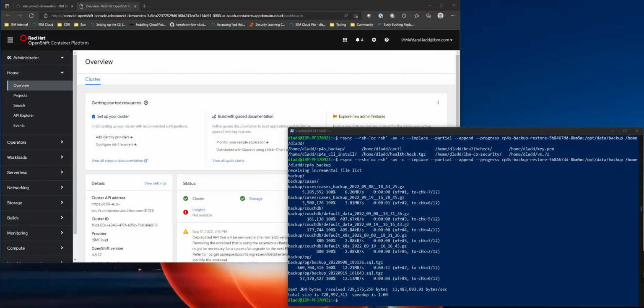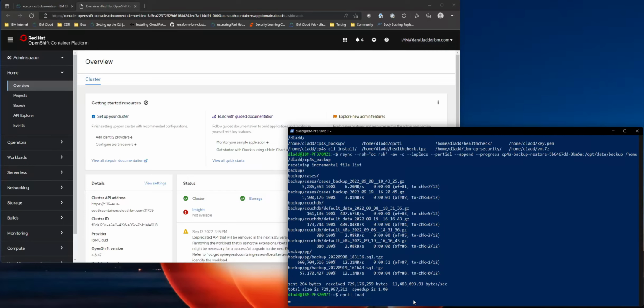Next, we're going to walk through the command to run to schedule the backups to run automatically through a cron job. In order to set up this schedule, you need to make sure you have the cpctl tool on your system. I created a video previously on how to install the cpctl tool. First, we're going to run cpctl load to initialize the program. And now we can run cpctl tools,